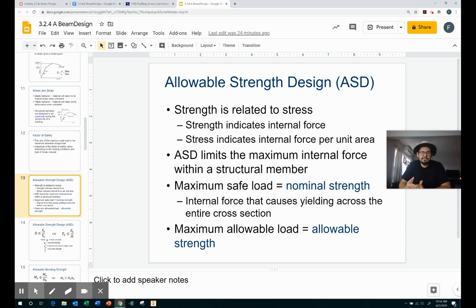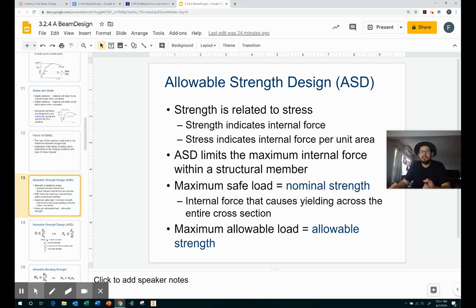And since we're dealing with steel, I'm going to go ahead and use the ASD method. For something like concrete, the LRFD method is used. Conceptually, it's similar. It just has different kind of protocols in terms of what numbers and what load conditions we should be using. But there are two different schools of thought in terms of how you should design a member